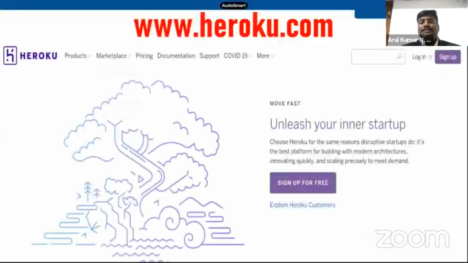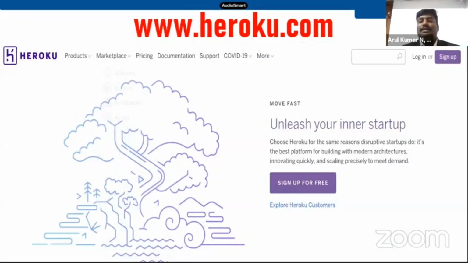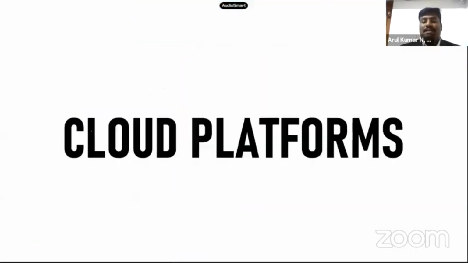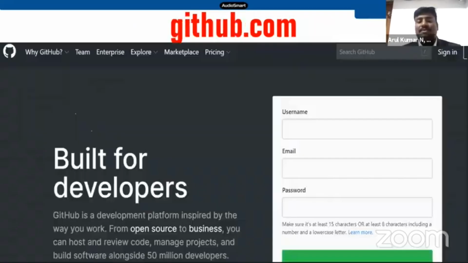Cloud platform. Okay. If you have a student who has an idea of creating different applications, we can suggest these two websites. One is Heroku, and GitHub is also famous. These two websites will help you upload your code online like a project, so that it will be useful for other users. This is nothing but a cloud platform. There are different users on GitHub who have already created source code for you. You can also download the source code. This is a cloud platform, and it is good for developers. If you have a student from MCA or MSc, you can suggest these two platforms, where they can develop code online and use it.